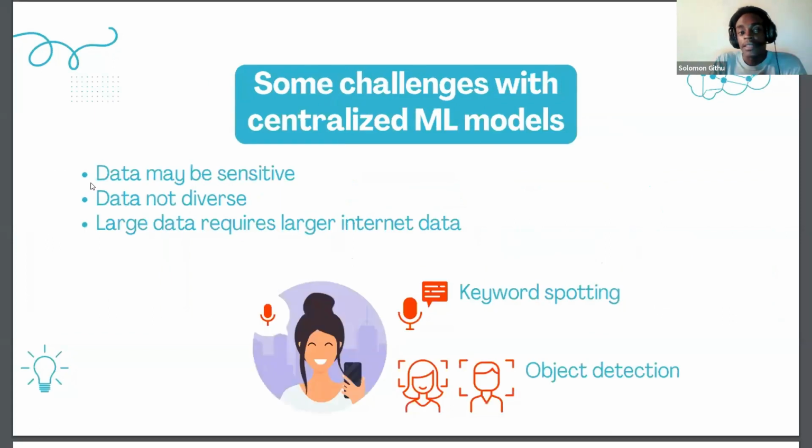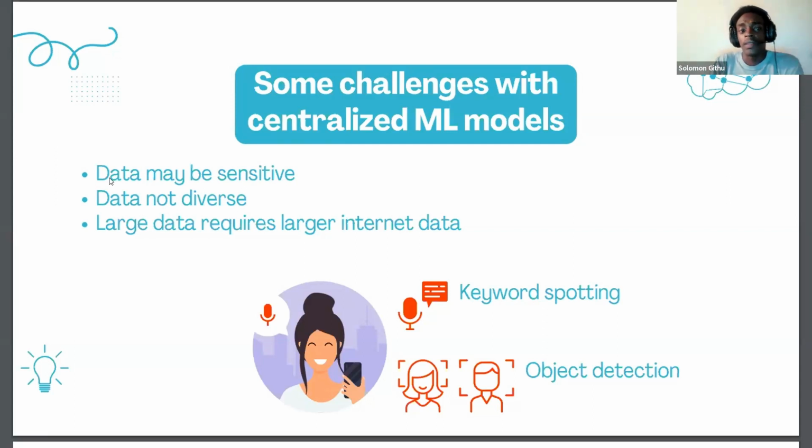The other problem is diversity of data. Normally, we tend to take data from specific sources. So you may have, let's say, one computer that is taking the data, and then you take that data, you put it to the cloud to train the model. The problem with this is that the data is not diverse. If the data set that this computer is collecting is not diverse, then it means that the final model that you'll have will be biased in one way or another. So diversity is a huge problem when it comes to having just one centralized data.